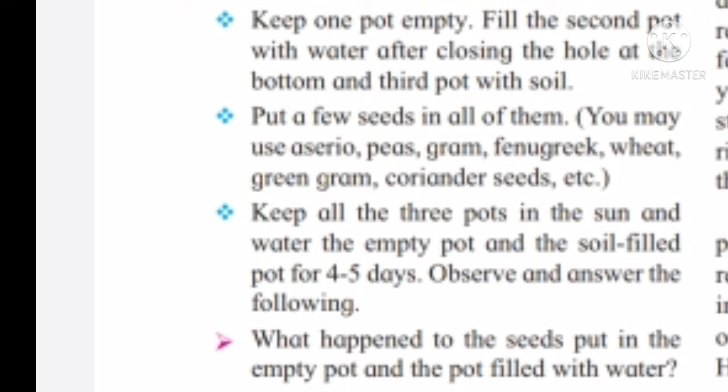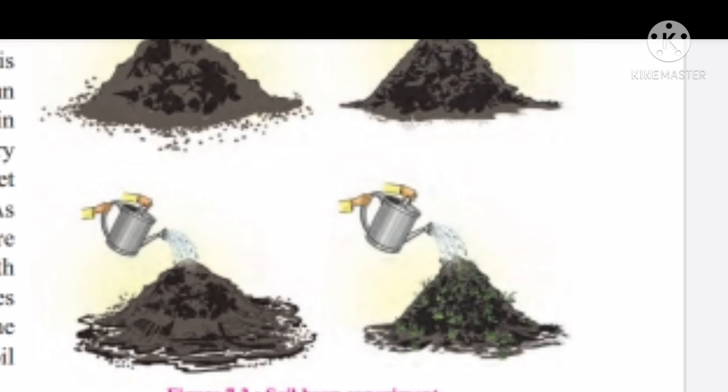Seeds germinated and we could see some sign of growth and small twigs branching out. What do you learn from this? We learn that plants need sunlight, water and soil to grow. With the help of this activity, we learn that as plants require sunlight and water, soil is also one of the important factors which is responsible for the growth of plants. Without soil, plants cannot grow. Now let us see the next activity.